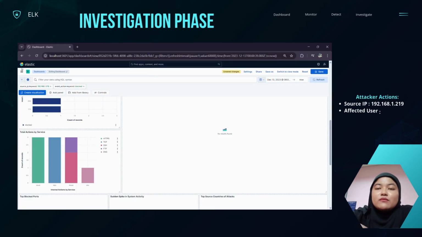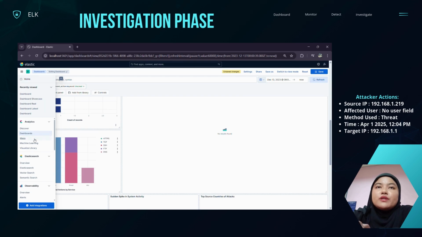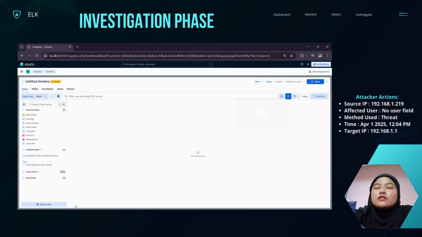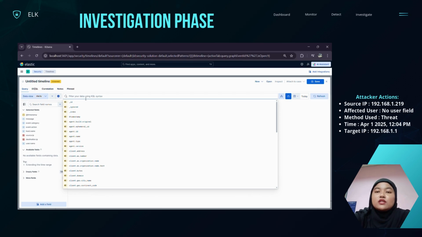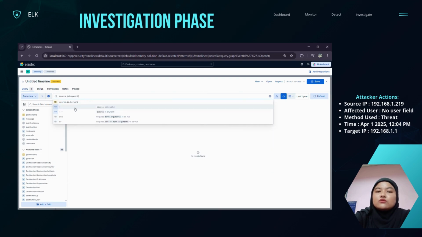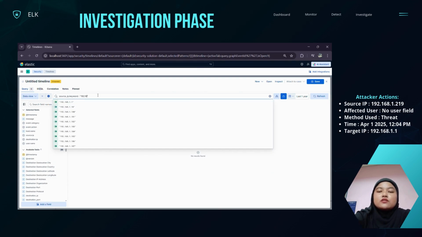For the next part, I'm going to show you how to implement the timeline in Kibana. Go to your menu bar and search for the timeline under the security part, and then click on the untitled timeline to create a new one. Then we are going to filter our data by using the KQL syntax. I'm going to use a field of source IP keyword equal to the IP address that we want to investigate,